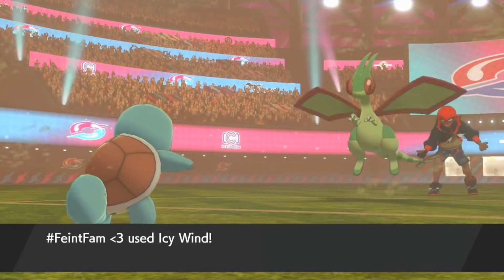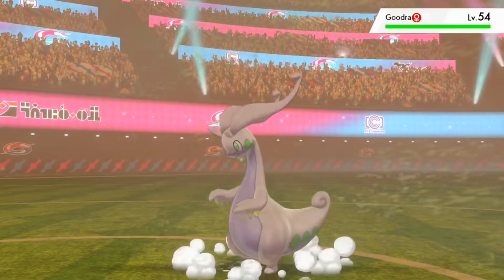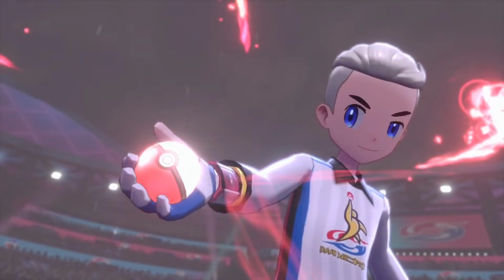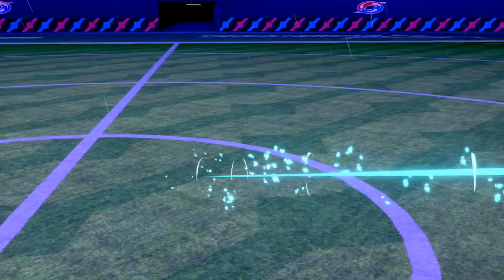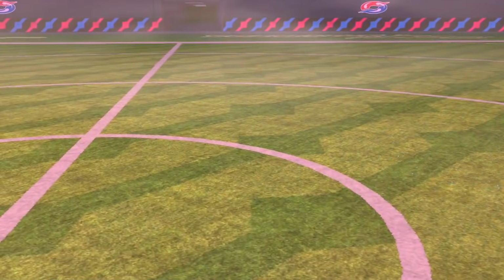Flygon is up next, so I swap into Squirtle to Icy Wind to KO the Flygon. Goodra comes out, and I do have some difficulty with this Pokemon since its special defense is quite high. A lot of exchanges go by, revives, heals, but I do manage to take it down with a Dynamax Charmander. Turtonator comes out, so I drop a few Dragon Breaths and Flamethrowers since the sun is up and KO it,